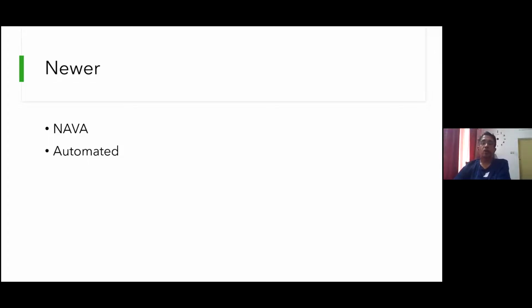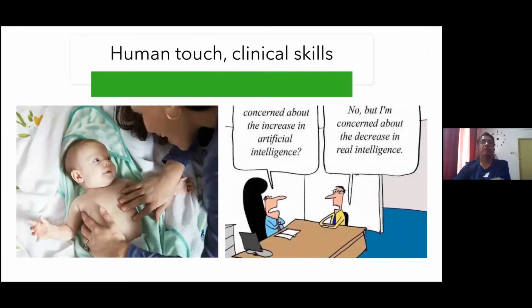There are also automated modes nowadays where you can measure from an arterial line going directly to the ventilator, and it measures the oxygen and carbon dioxide and then reduces the FiO2 if it is not required. If the carbon dioxide is very high, it can increase the settings of the ventilator. So basically you simply connect the baby to the ventilator and the ventilator will do everything based on the blood gas reports. But I don't see how it can replace standing near the baby and actually doing what we need to do.